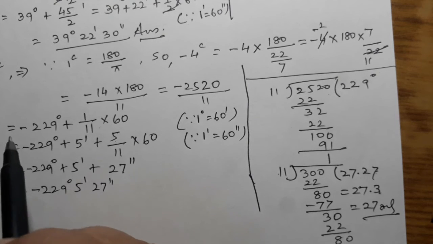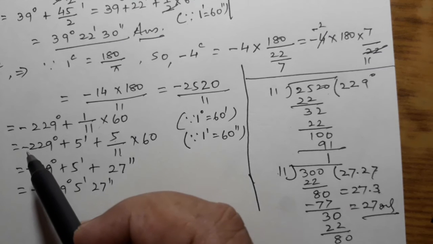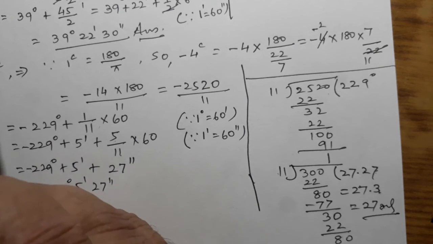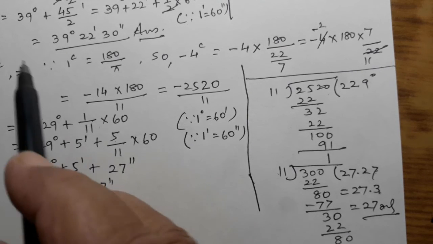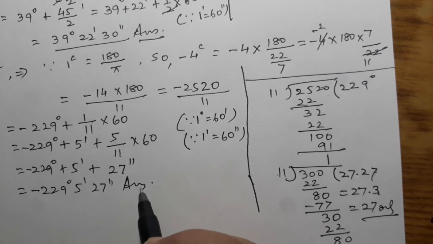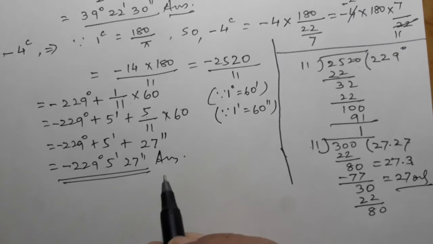Minus or plus is nothing, this shows only the rotation of the rays for the angles. If it is plus, it will be anti-clockwise, if it is minus, it is clockwise. So if it is plus or minus, we have nothing to worry. Only if the question is in minus, we shall put the answer in minus. Okay, this is the answer.